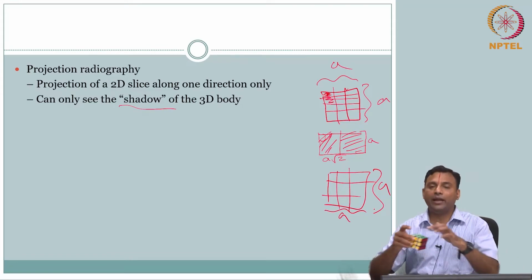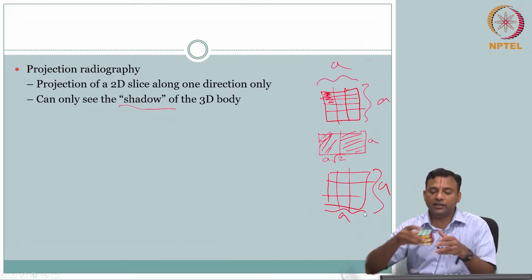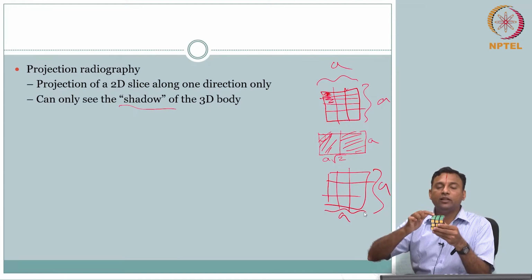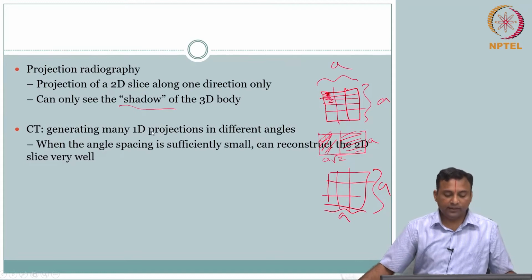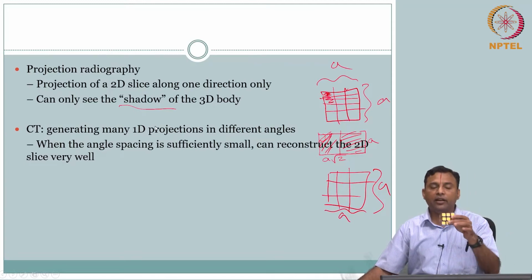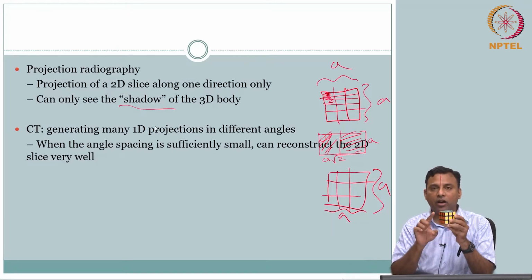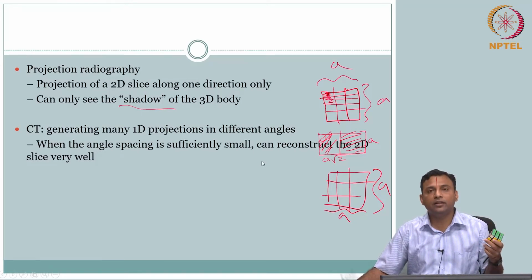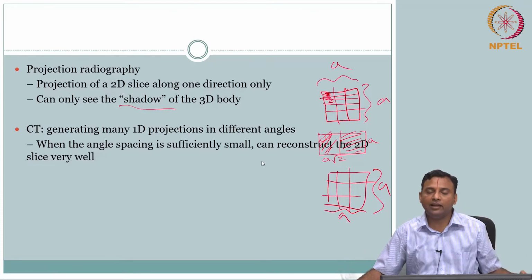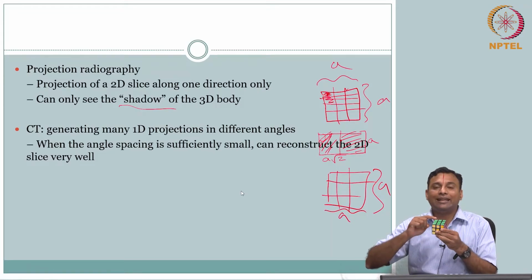Okay, so this is the interesting aspect. The challenge was, how do I get the depth information? This was bothering them, because they wanted to see the slice, they wanted to see what is there along the depth. So what they figured out in CT is, if you can view it from multiple different directions and record the projections, then there is enough mathematics that we can apply to get what we call reconstruction, the slice, that is the distribution along the line.